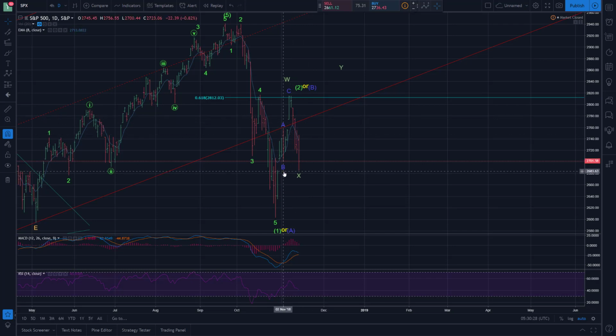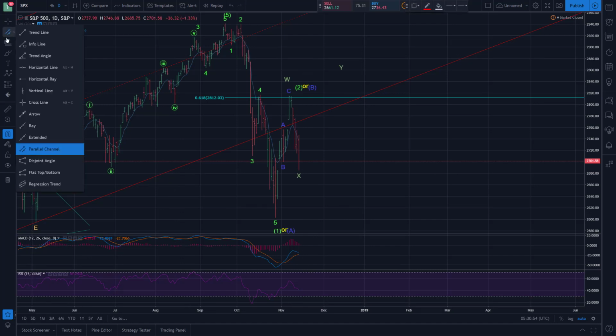So far we've filled both the gaps at this point, or just about filled this lower gap. Let's see if it actually filled. High of that bar was 2685.43. The low of this bar was 2685.75. So didn't quite fill the gap by less than one SPX point, but basically filled it. And then had some reaction off of there.